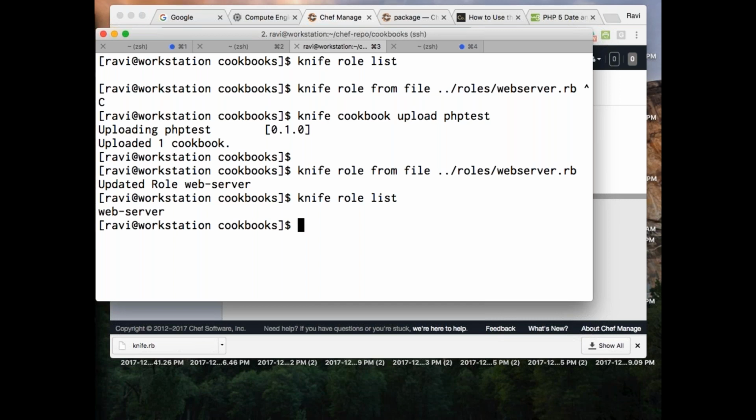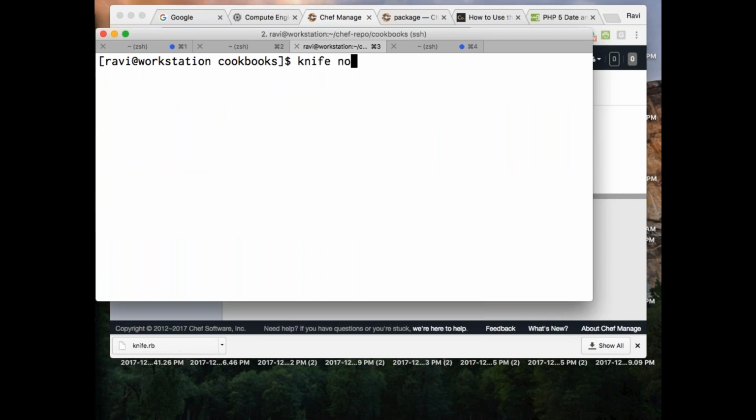Making sense? Now, instead of going and attaching two or three or ten particular cookbooks, I'll simply say attach this. It takes care of executing all the cookbooks associated with that installation or particular configuration. Now, what is the earlier command we used? Knife node run list add, your node name followed by the specific cookbook, isn't it? You said web test and all those things. Instead of that, you can simply say the role.